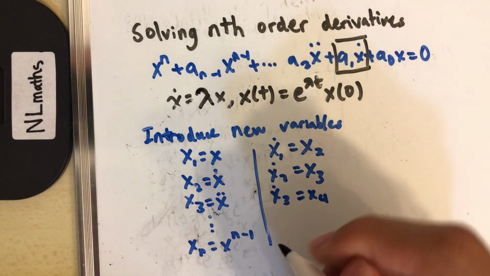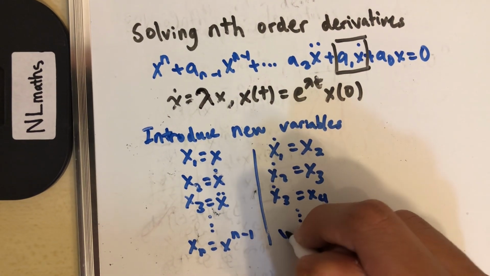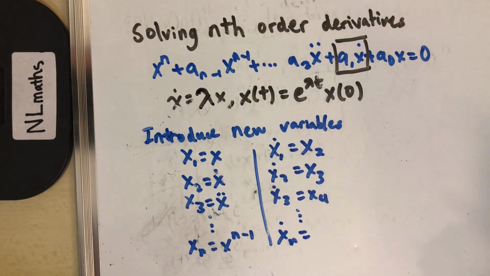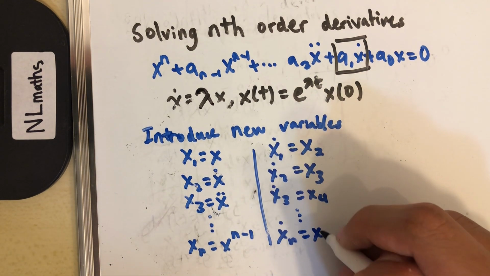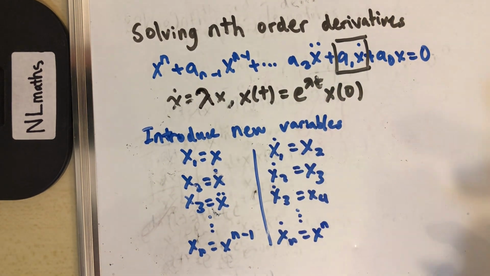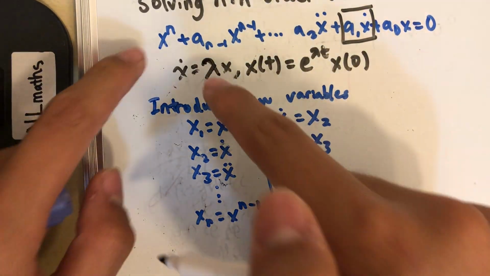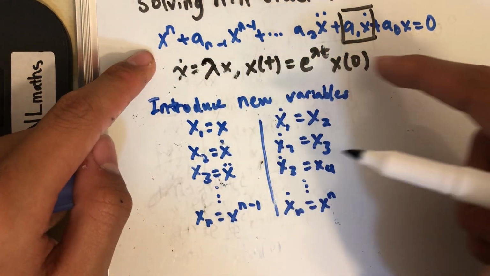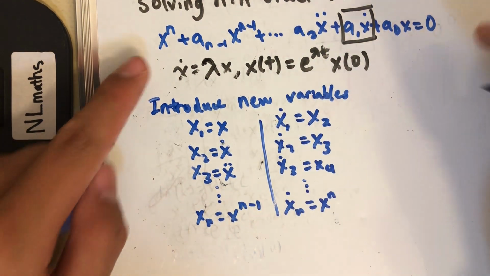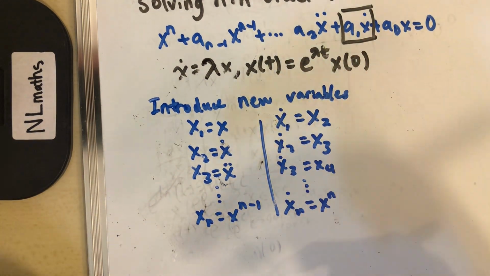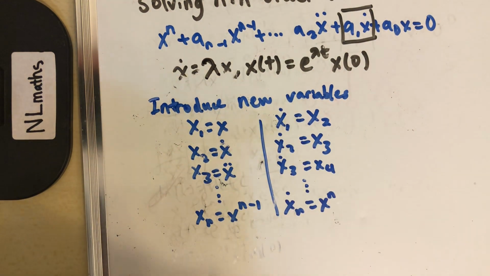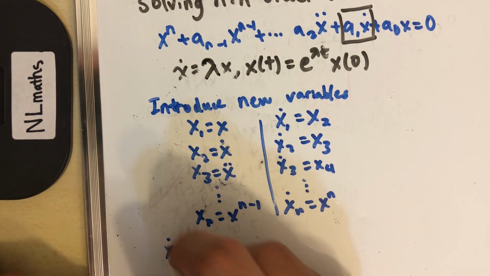Then xn dot is going to equal, and this is important so I'm going to write it down here, if you take x to the n and you take all of these other terms onto the other side of the equation, that's going to be equal to xn dot, because we need to include all of this information. So xn dot equals